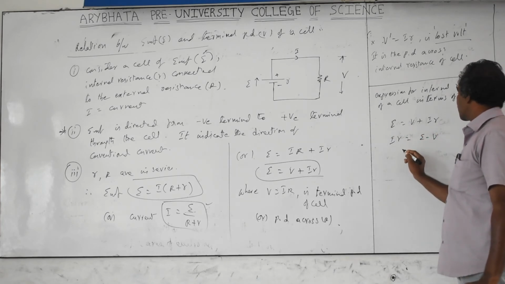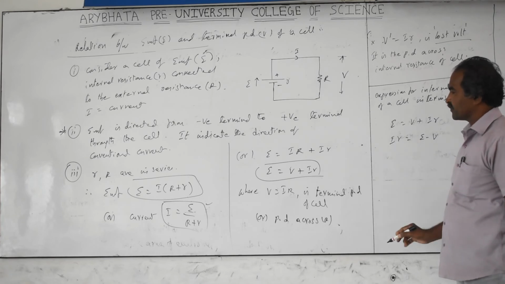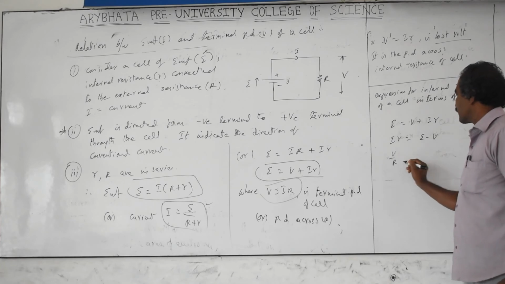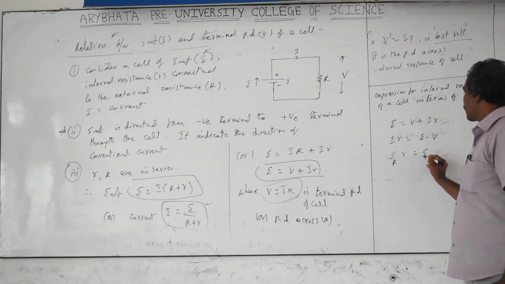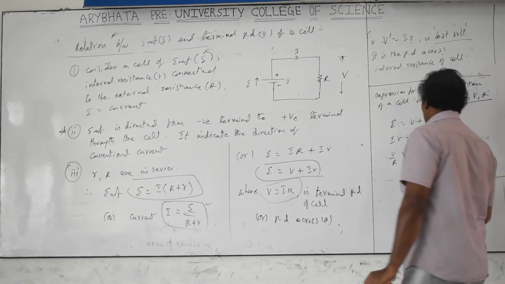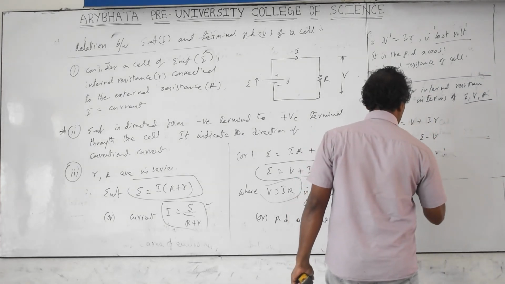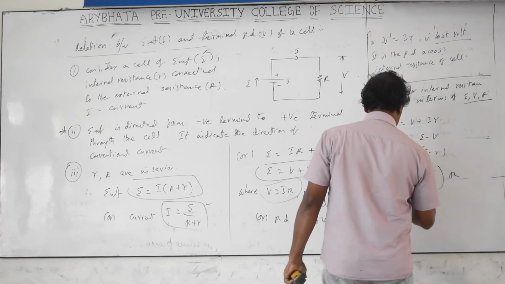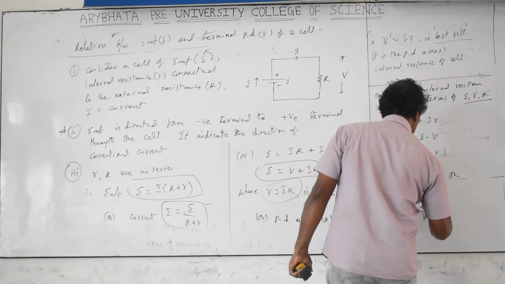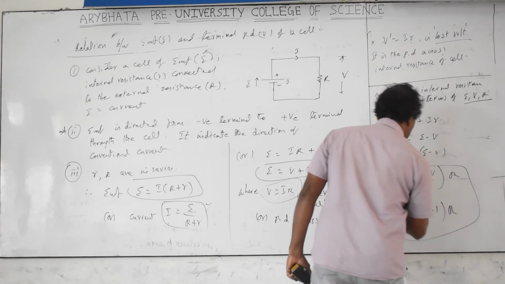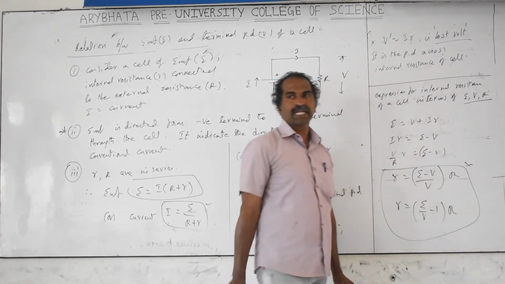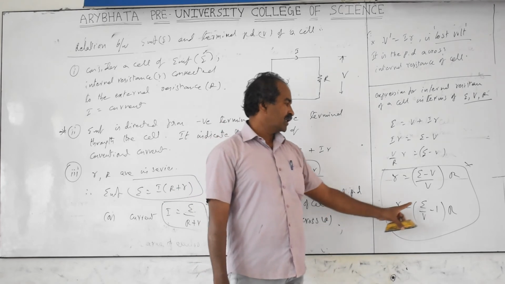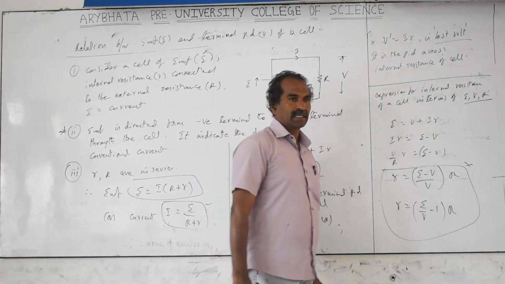I want this r. V equals IR, so I becomes V by R. So r equals V by R into r; V by R into r equals E minus V. So r equals (E minus V) by V into R, or we can also take r equals (E by V minus 1) into R. Please remember this relation for our problems, and we are going to use this relationship again at the end of the topic. This is r in terms of external resistance.